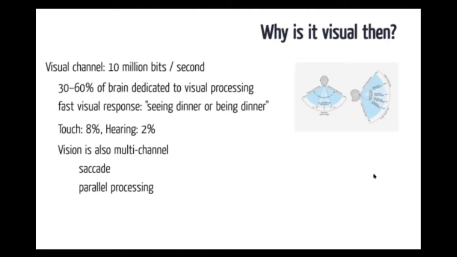Vision is also multi-channel. I won't go into all the details here, but there's something called the saccade, where your eye is moving around. You're constantly pulling in multiple pieces of information, correlating them in your mind. This helps us detect, match, and make sense of patterns. And we use these visual capabilities to convey things in a way that's faster than we could do through serial access. So it's parallel processing with vision, serial access when we're listening to, for example, numbers